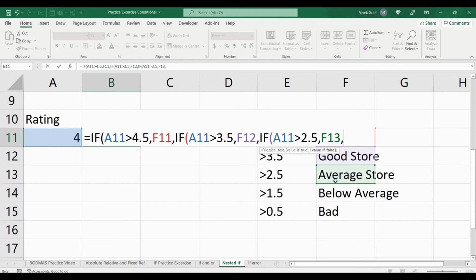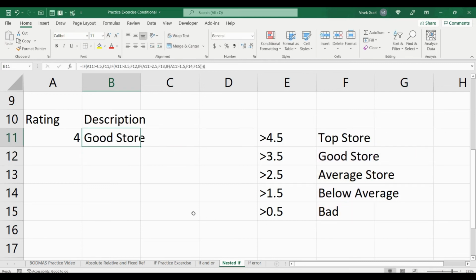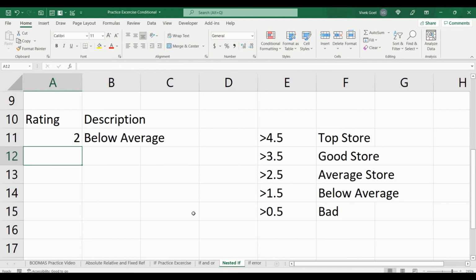If that is also not the case, we will further check if our rating is greater than 1.5, we will write below average, and then for the final condition, we can just write the default value bad. And now when we are changing our ratings, we are getting an appropriate value.